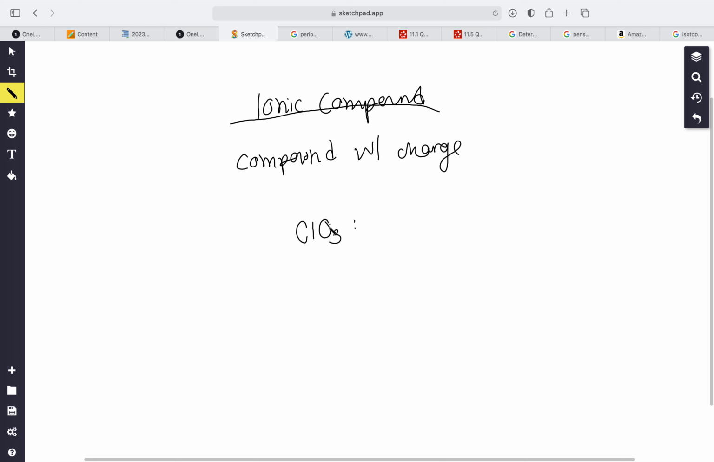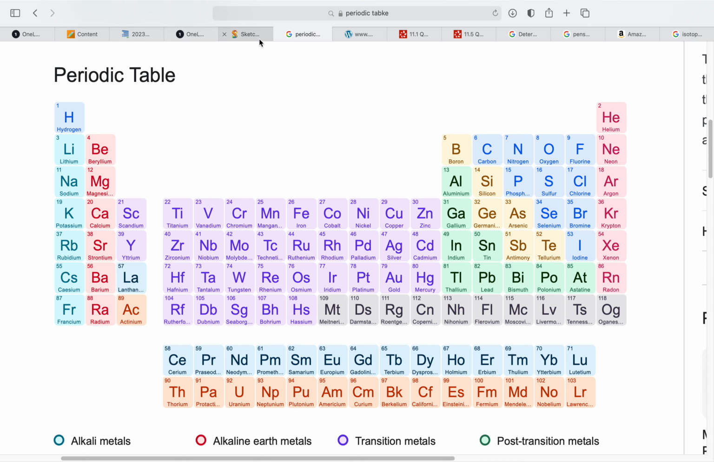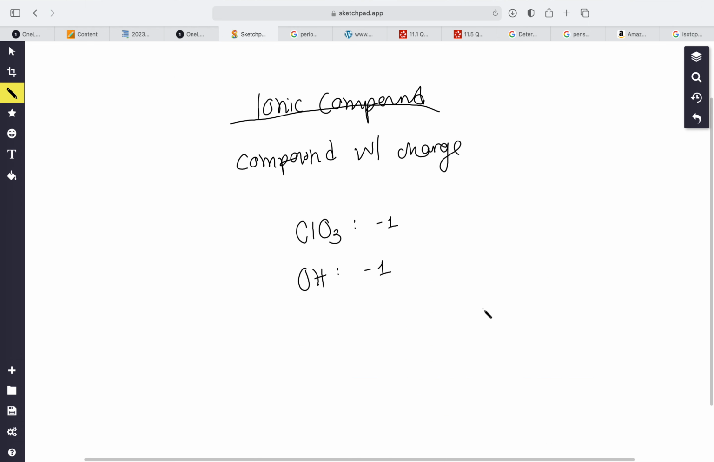Chlorite, I think it's chlorite. This has a charge of -1. Hydroxide has a charge of -1. So we'll use this in an example. Trying to think of a good one that we could use. I don't want to use beryllium again, so let's use calcium. Calcium plus OH. You treat this like one element, so this whole thing bears a charge of -1,